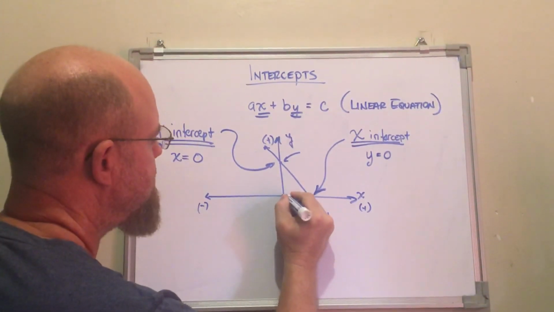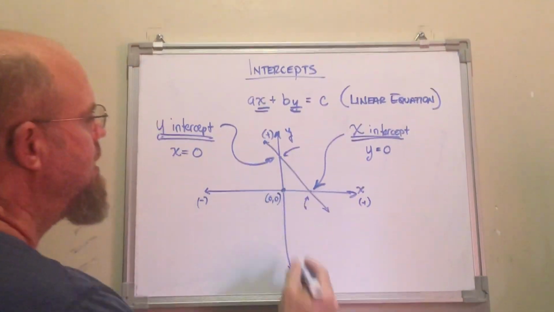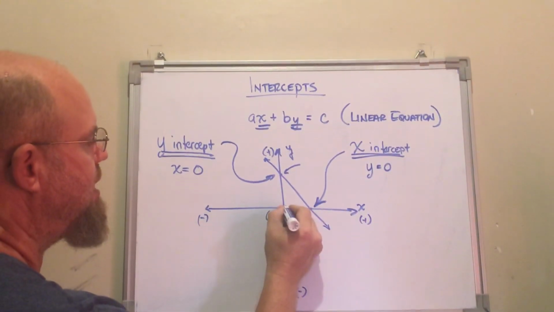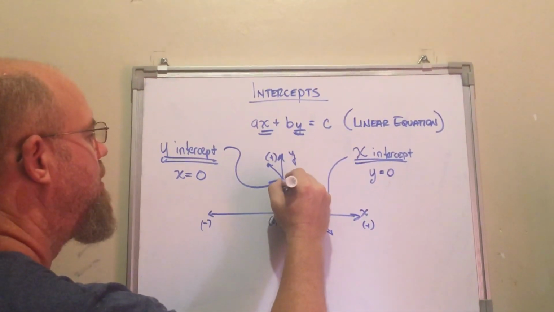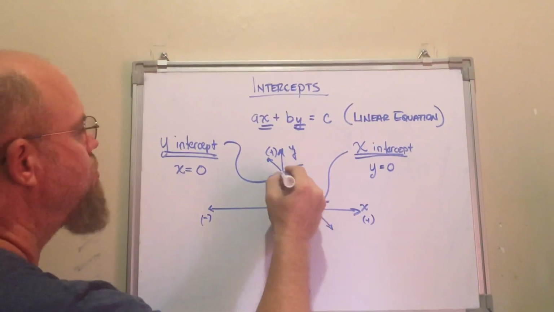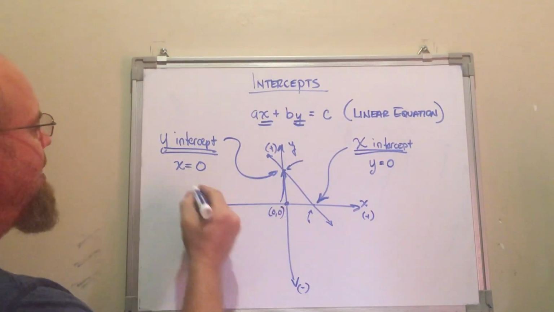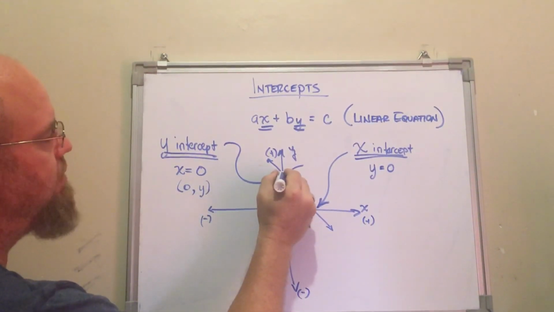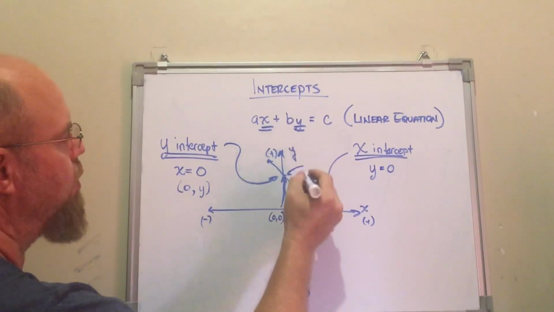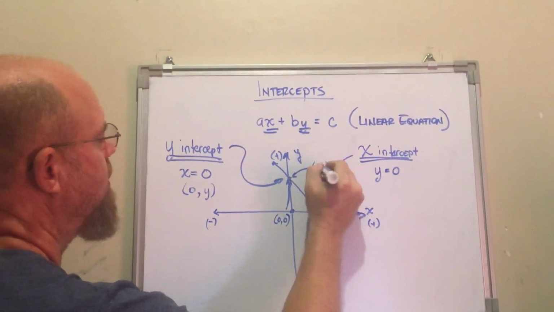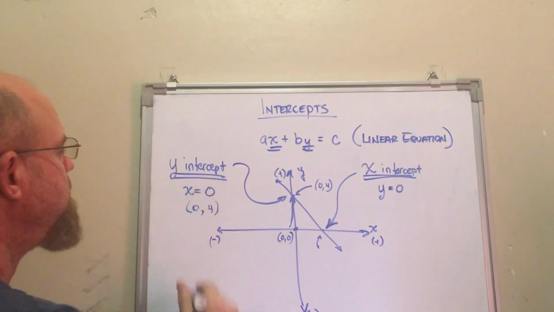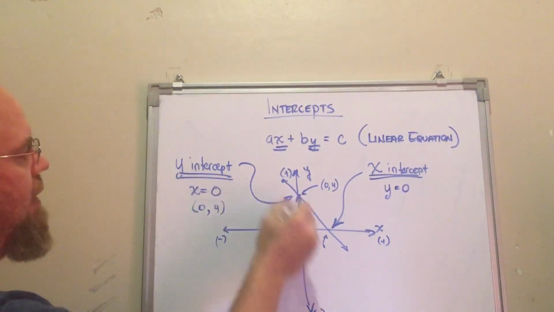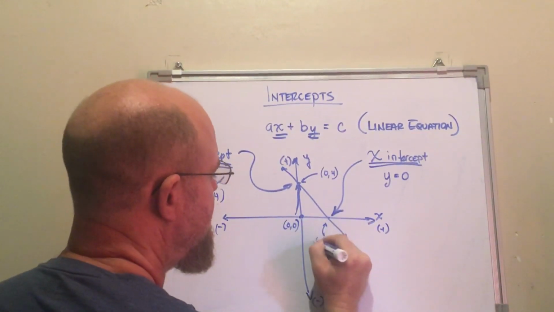Because if you look here, this is the origin, 0, 0. So when x equals 0, we haven't gone anywhere on the x-axis. We stay here and we look up. That is where the line crosses the y-axis. X is going to equal 0, and the y value is going to be whatever that y value is. Let's say that is 0, 4. That is the y-intercept of this line. And let's say this is 3,